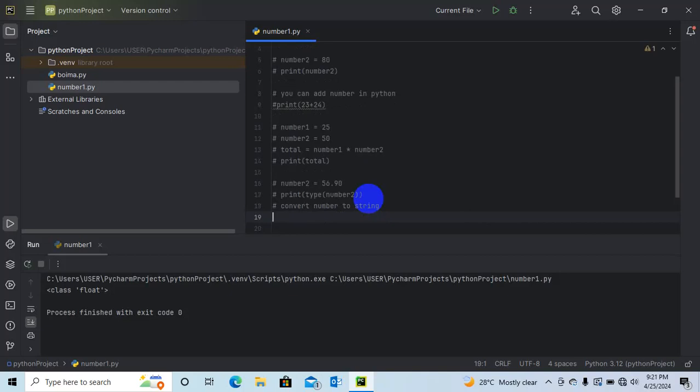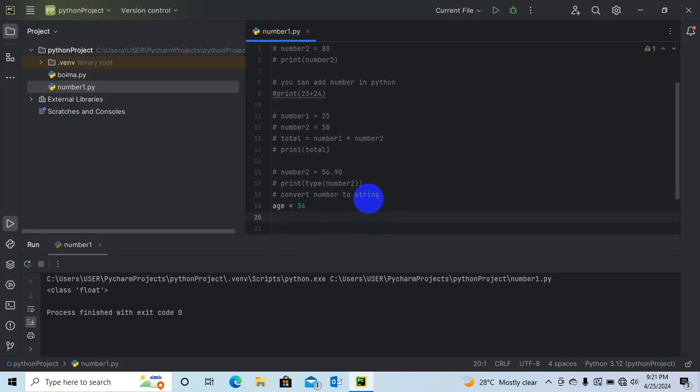So now, let's say for example, we declare a variable. Let's say age is equal to 34. Enter.